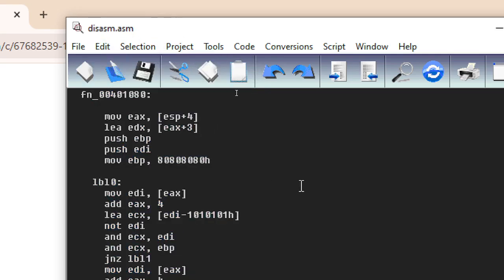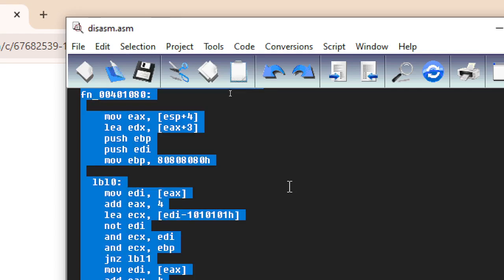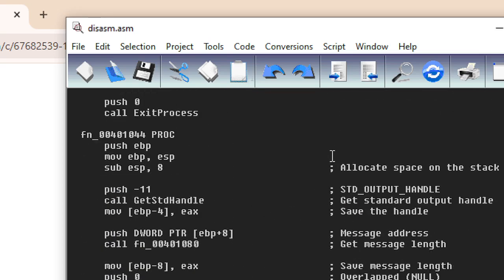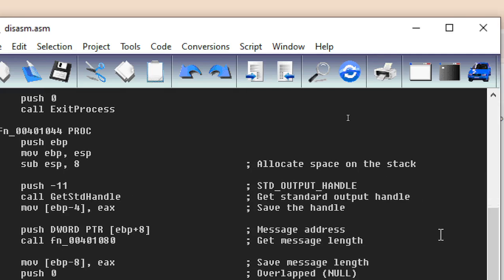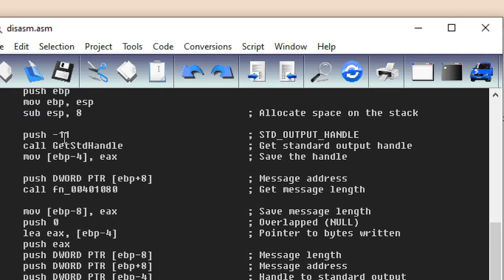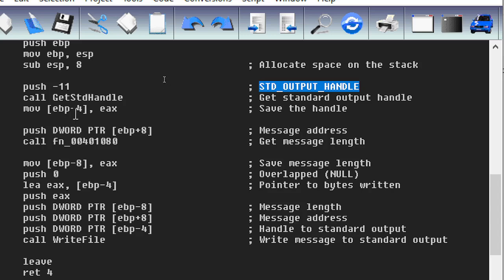You can save it to another file, but it's okay. You can repeat this solution, so we can overwrite this. We copy what it said, and now you can learn by yourself. You can understand it all. There's an explanation here. Okay, push 11, that is the standard output handle. But in our disassembly,